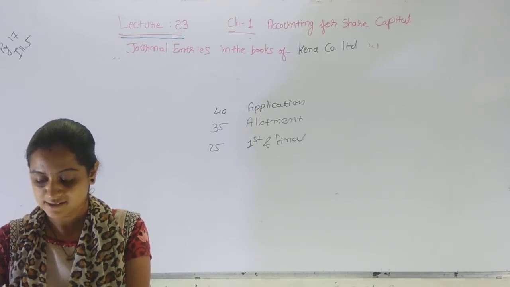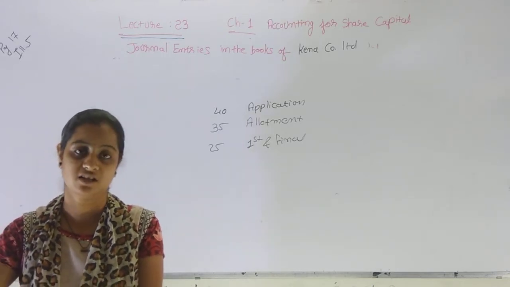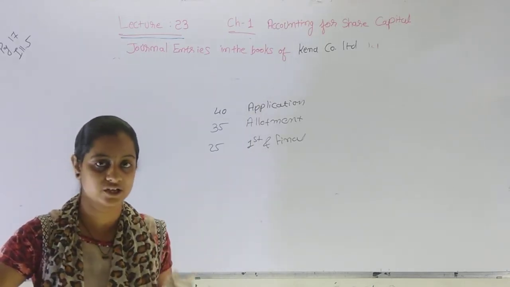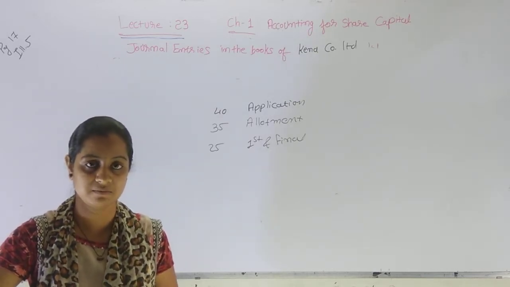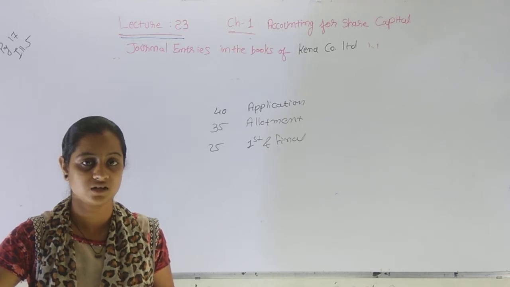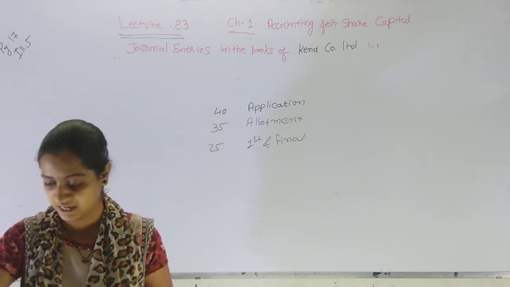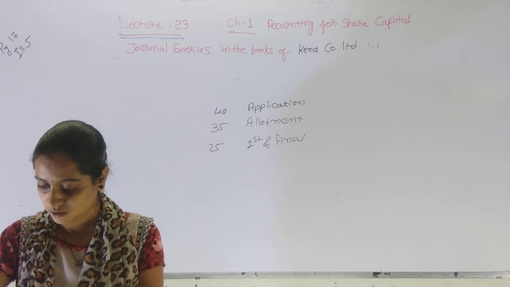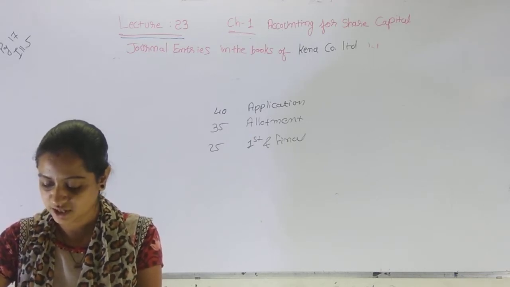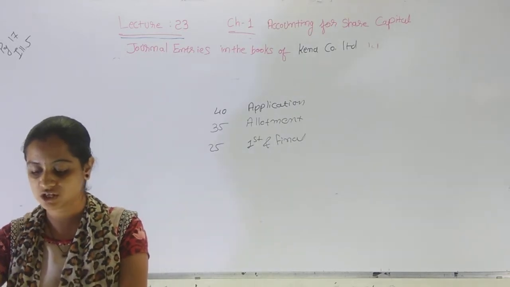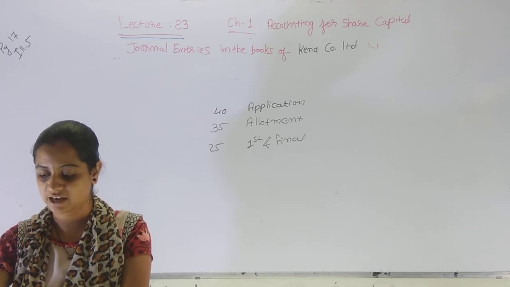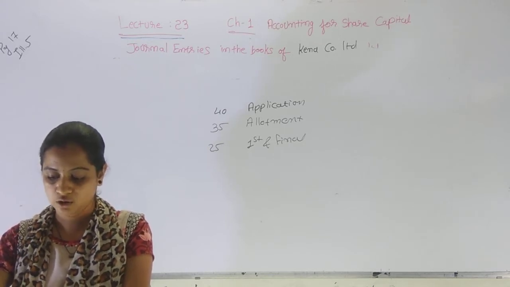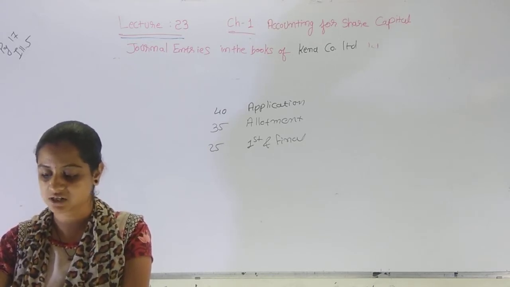Now the company received applications for a total of 3,20,000. See, we have issued 3 lakh shares, but we have received applications for 3,20,000. That means we have to return 20,000 equity shares, right? So out of the applications, the company rejected the applications for 20,000 equity shares and refunded application money thereof. Pranav, a shareholder of the company who was allotted 3,000 equity shares,